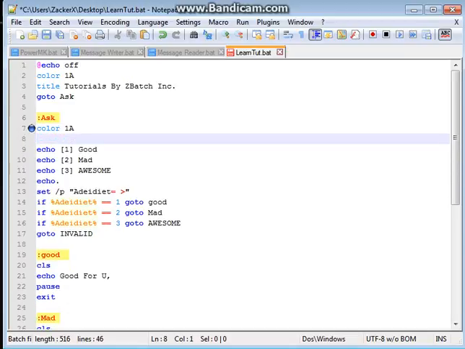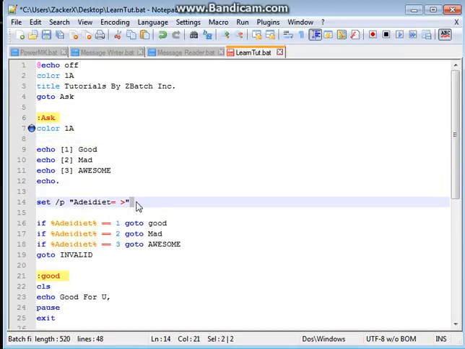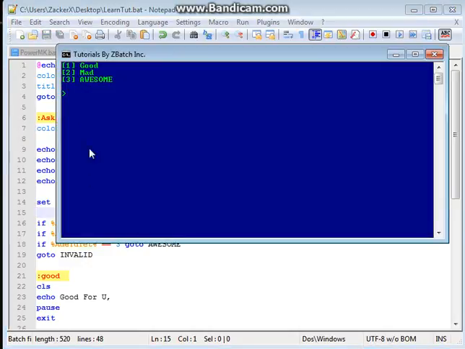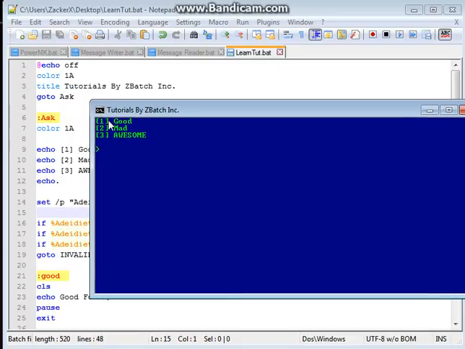Here, let's give us some room. Give us some room. Okay, so now what it's going to do, take that away, is it'll echo all these, then it'll ask us